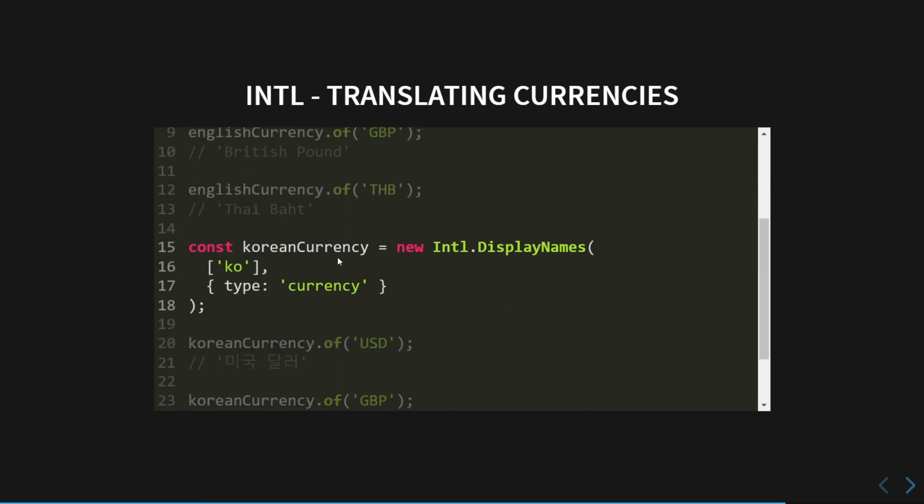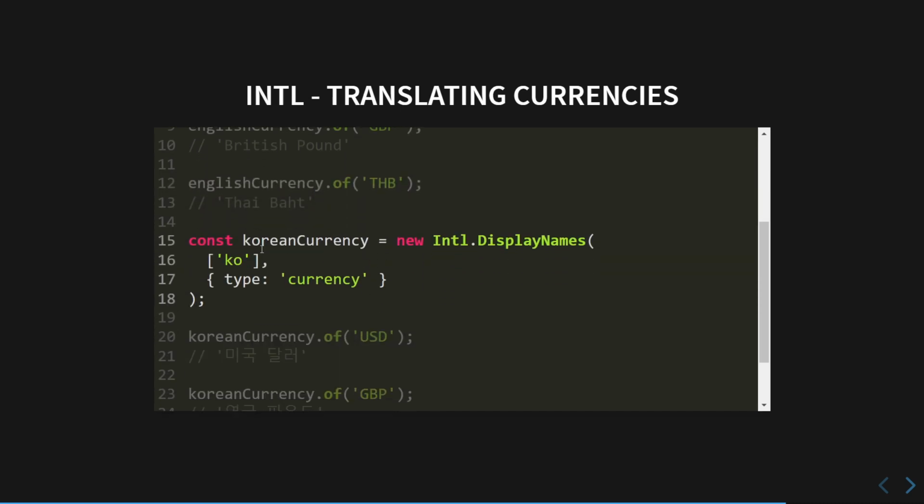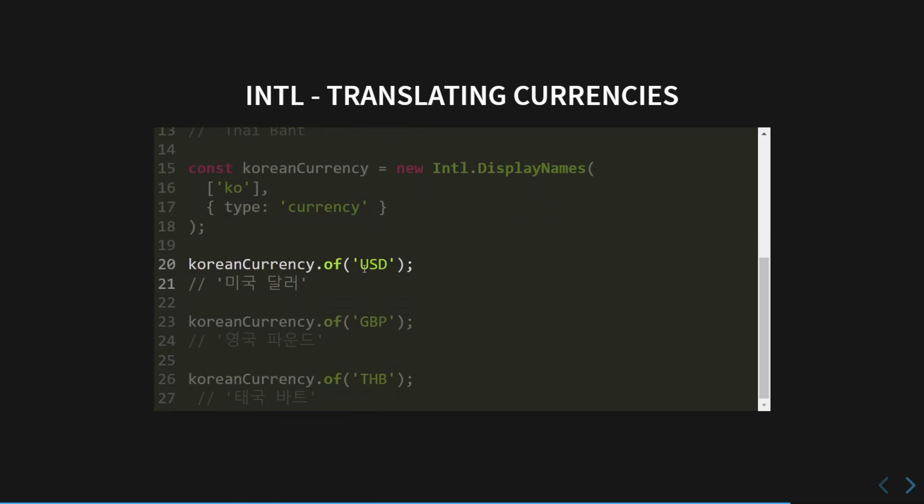So here's another example. I want to get the display names of currencies in Korean. So I'm saying, give me the display names in Korean of currencies. And I want to say, what's the display name of the United States dollar in Korean? It'll return that string for me. And for the Great British Pound, it'll return a string, and for the Thai baht, it'll return another string as well. I can't read Korean, so I'm taking this as truth, but it's pretty neat that you can do this at